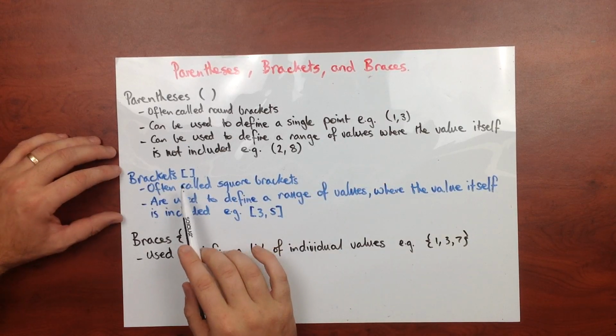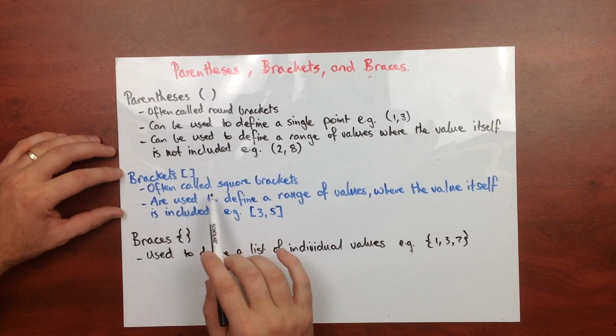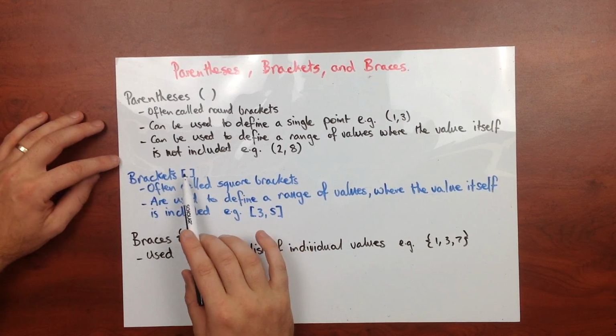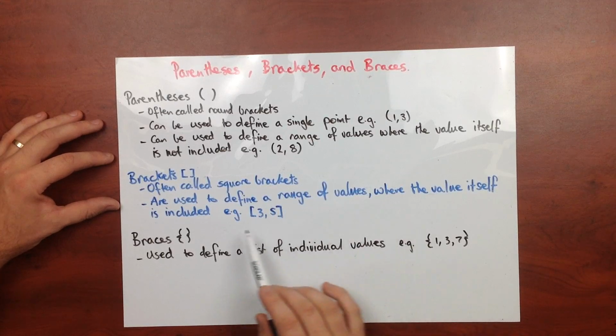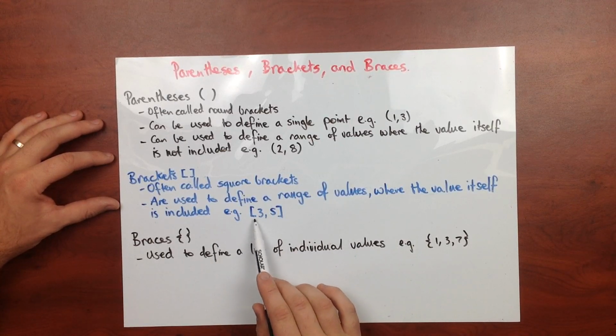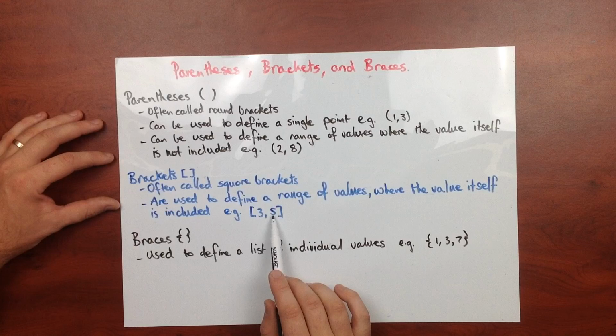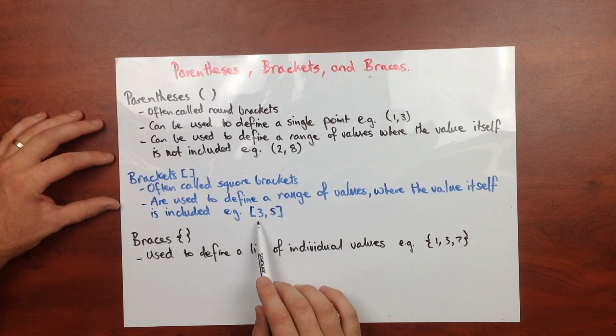Okay. Now brackets, these are our square ones, and we often call them square brackets. I think I'll basically always call them square brackets. And they're used to define a range of values where the value itself is included. So here, we've got the range of values from 3 to 5, so everything in between 3 and 5, including